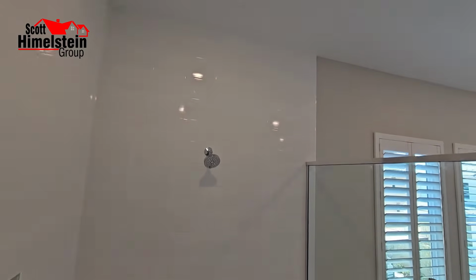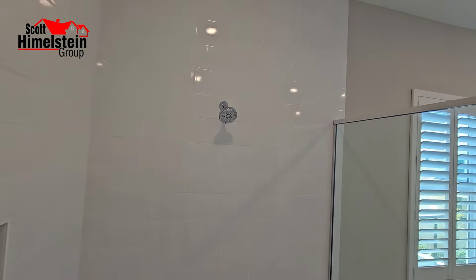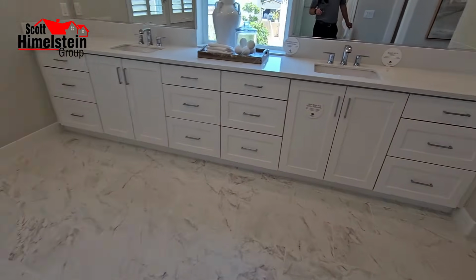You have your rain shower head above, and then you've got the other shower head also. And perfect right there. Okay. So let me know what you think in the comments below about this